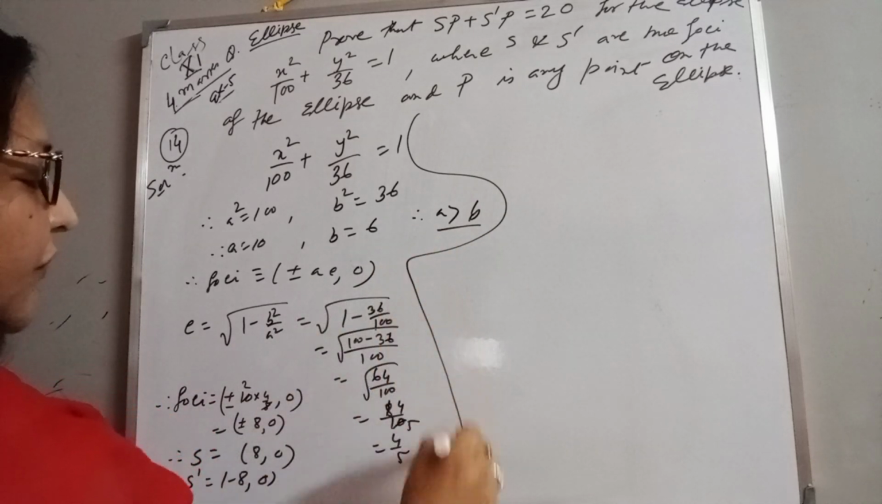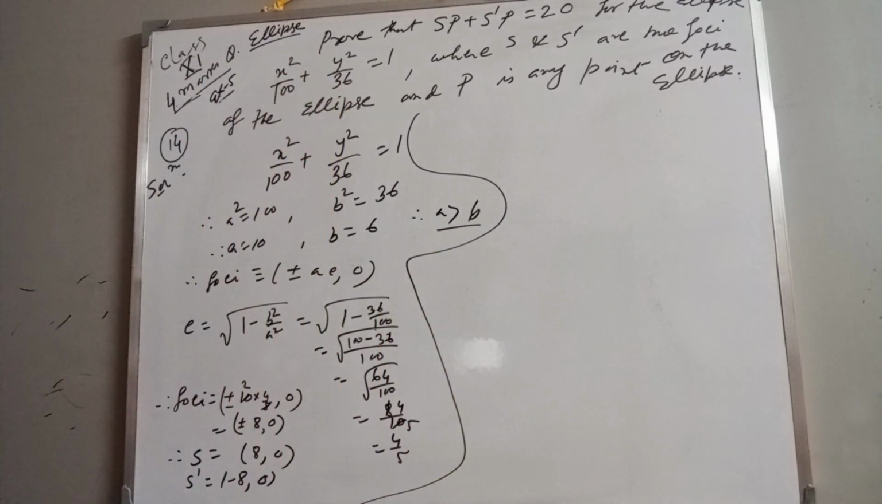Now, what we have to find out, we have to prove this. Now, SP plus S dash P is equal to 20. It will take time to prove. So, let